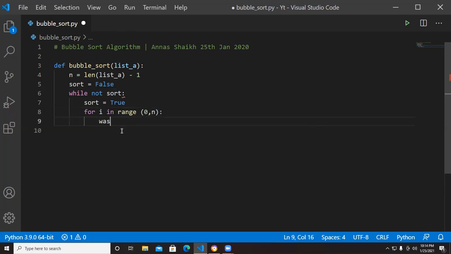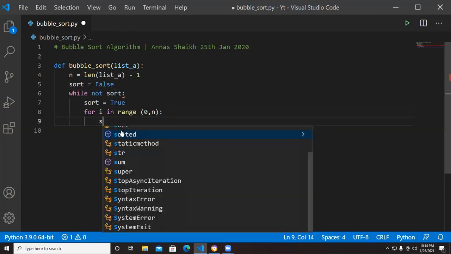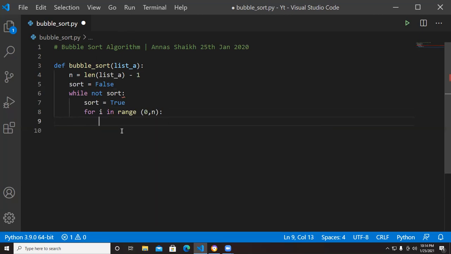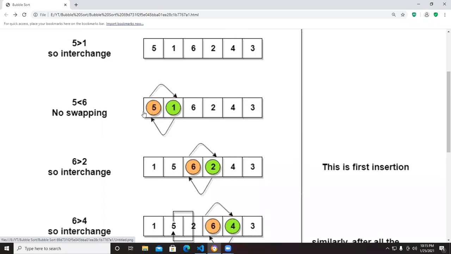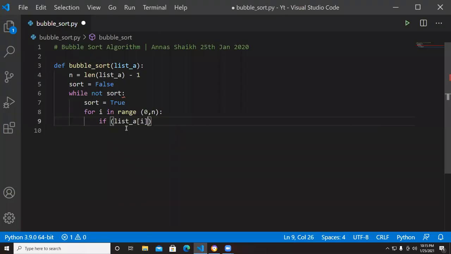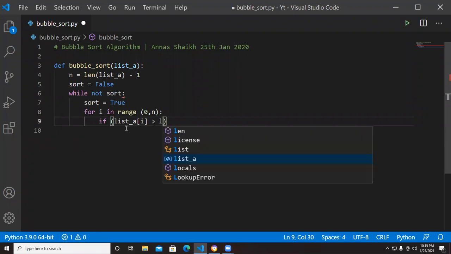The current element is greater than the next element. So if I is greater than this,